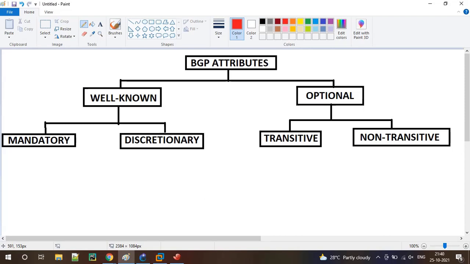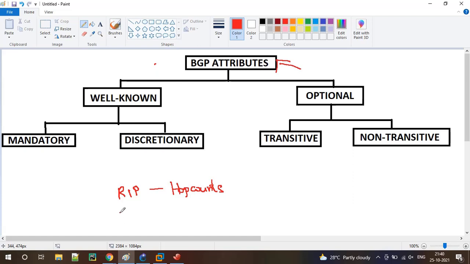This is Tangadurai, and today's topic is BGP attributes. So what are BGP attributes? We know that already. Let's take any of the IGP protocols, say RIP. It uses a metric called hop count, right? Based on the number of hops, RIP selects the best path when more than one path is available for the destination prefix in its routing table.